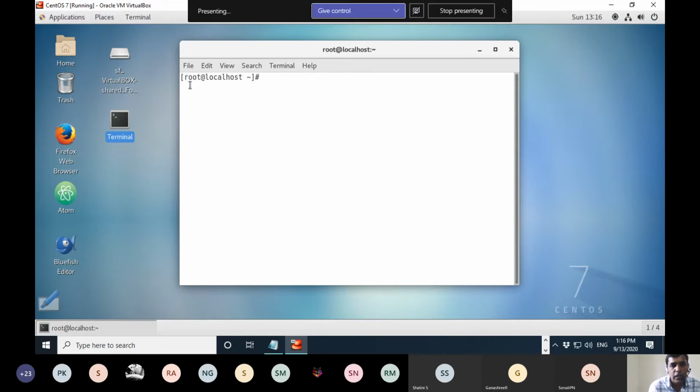So the point here is, what does it say? Username at localhost. That says that your username is root. So root user at localhost. If you had logged in as Arvinda at localhost, I would have got that. So okay, the point here is now you need to execute some commands.